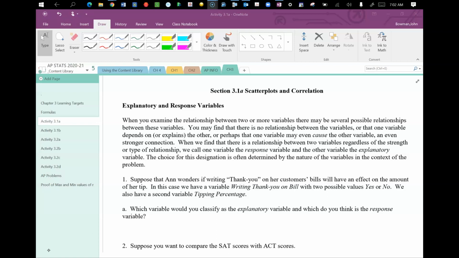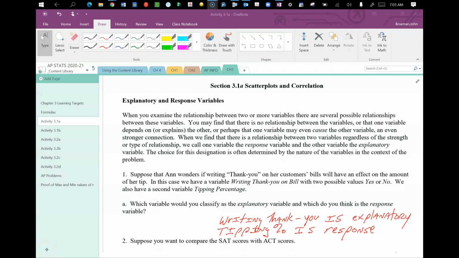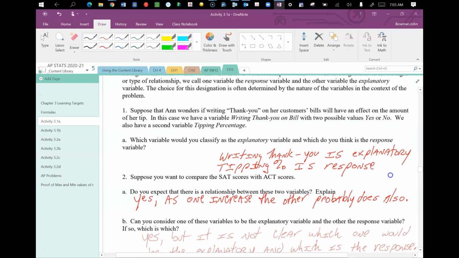So before we go any further, I'd like you to take a few moments and read these examples and see if you can figure out which variable you would classify as the explanatory variable, which one you would classify as the response variable, and whether or not you think it's reasonable that there's a cause-effect relationship there. In the first example, hopefully you said writing thank you is the explanatory variable and tipping percent is the response variable. In the second example,